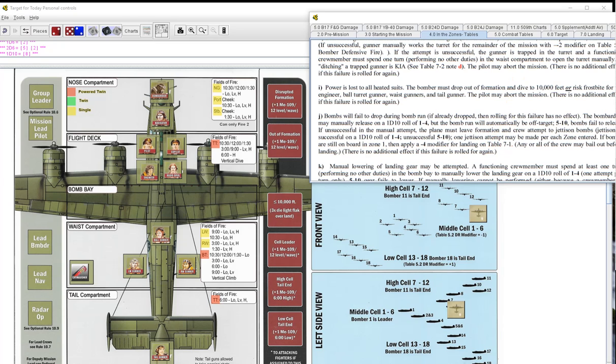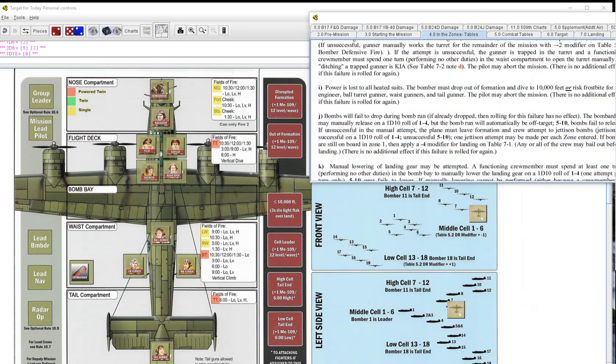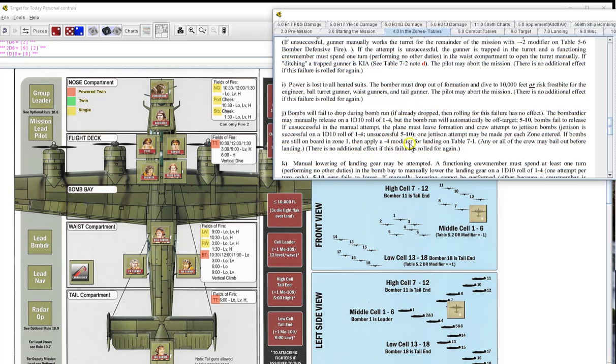So, Zone 6 bomb. And hopefully we have 5, actually make that 4 zones that we can try to drop them in, because I don't think we can drop them in Zone 1. Yeah, we're going to have trouble landing. So,